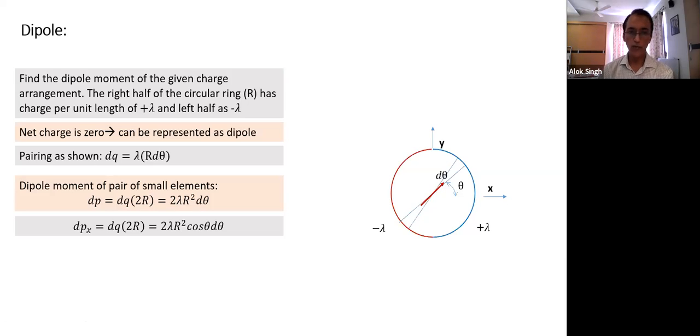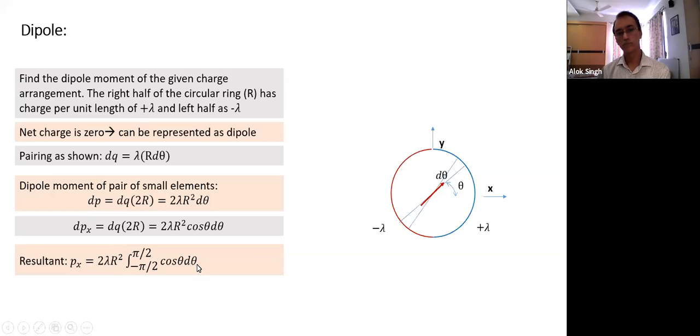X component dpx will make dpx into cos theta. Say this term is missing, then unnecessary. So this will become this whole term multiplied by cos theta, and then I'll integrate. The limit of integration from minus pi by 2 to plus pi by 2. When I integrate this whole term here, it will come integration of sine theta with this sine theta, and if you substitute, we get the value equal to this whole thing will come as 2. So 2 lambda r square is the dipole moment.